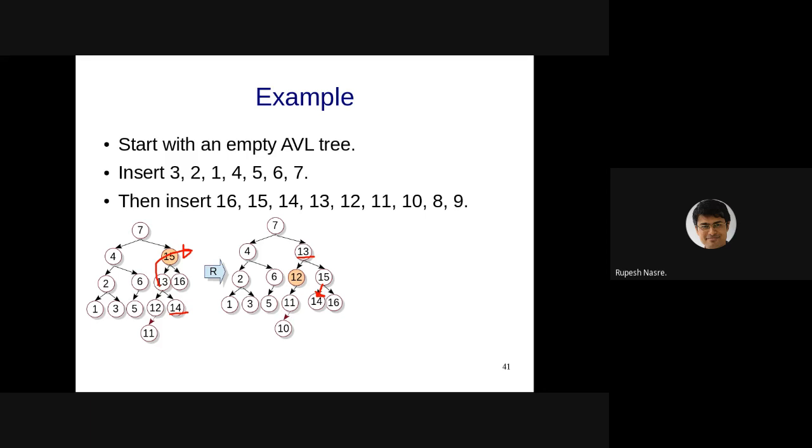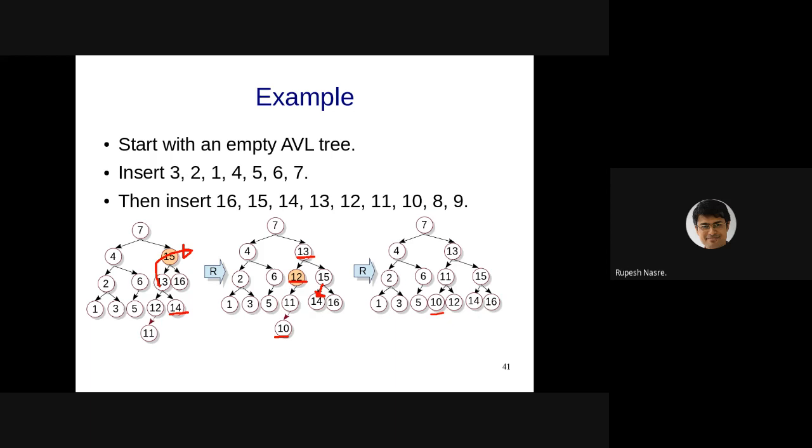Rishabh has also given an answer which is slightly different from Murari's answer. Let's see. Then when we are inserting 10, thankfully the imbalance is just at the grandparent, and therefore the single right rotation will fix this. 11 becomes the root with children 10 and 12. Right? So that becomes up to the insertion of 10. Now we have only 2 elements left to be inserted.